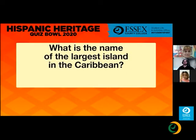What is the name of the largest island in the Caribbean? Just give it a guess if you don't know it. What is the name of the largest island in the Caribbean? Okay, Miss Lopez put Cuba. Sarah, do you have a guess? All right, Sarah puts Mexico. Let's see what the largest island in the Caribbean was. It is